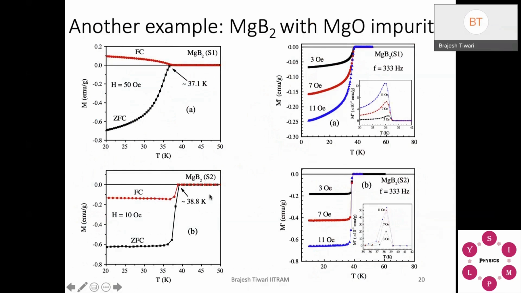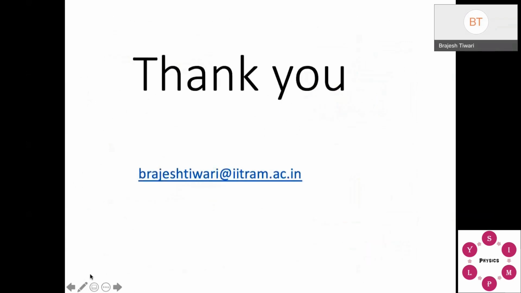We are able to do it in different ways, and so many other physical properties you can get changed here. So the purpose of showing this point is that if you have some impurity, you can easily trace it from the X-ray diffraction, and you can relate it with your other physical properties. Okay, so I'll end here.